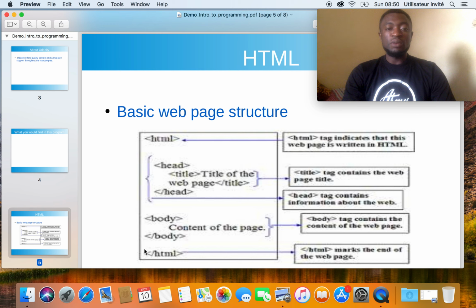Inside the HTML opening tag and the closing tag, you have the head tag, which contains the title of the web page, what appears on the browser when you are browsing. It's rendered by this title tag, and you have basically the opening body tag and the closing body tag where you have the contents of your web page.